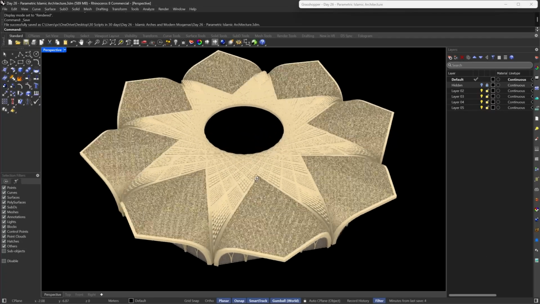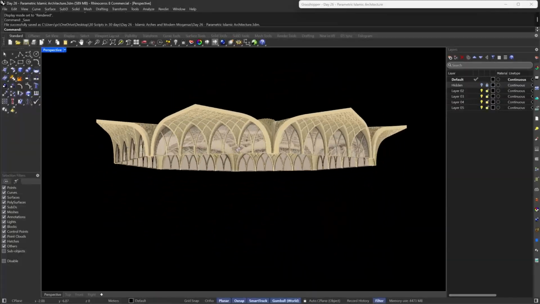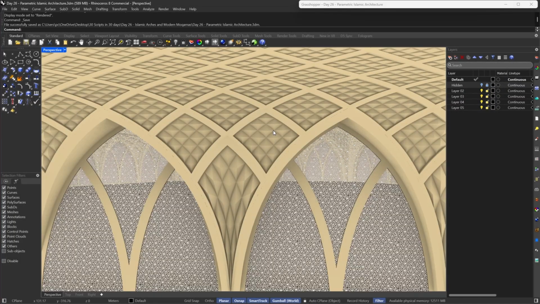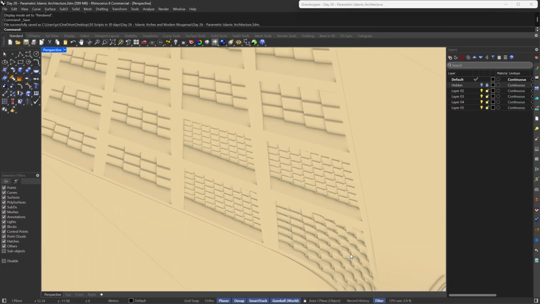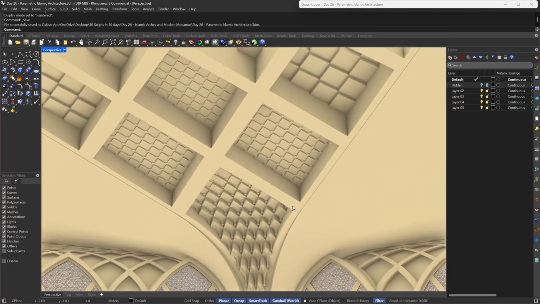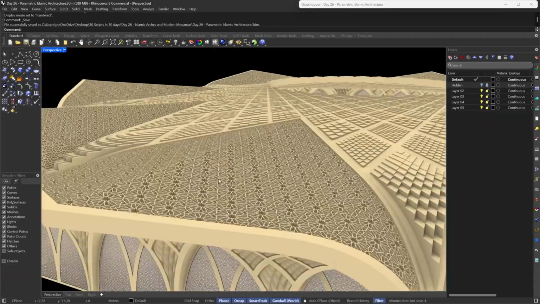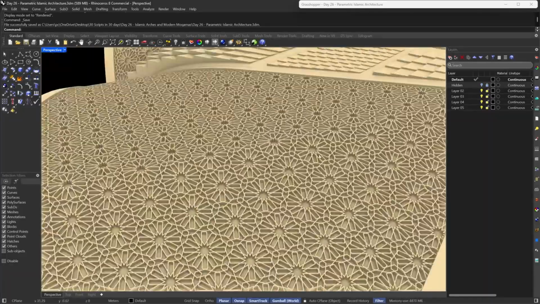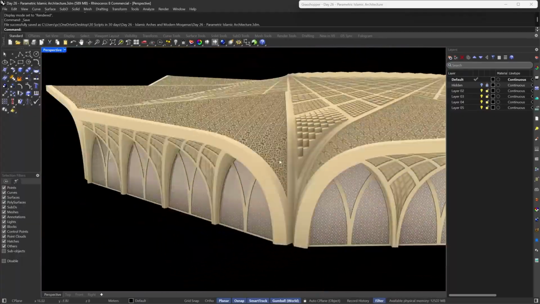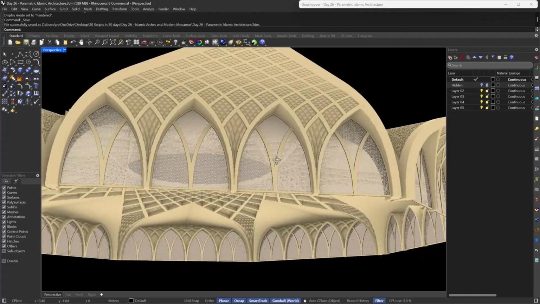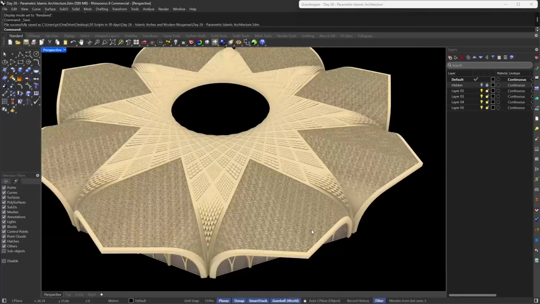Today is more of a humble attempt for me to blend between Islamic and parametric architecture. There are some interesting features that we are going to learn today. We are going to blend between Muqarnas and Islamic star pattern, and also some kind of Islamic decorations and Islamic patterns. So it's a lot of elements and a lot of interesting design features